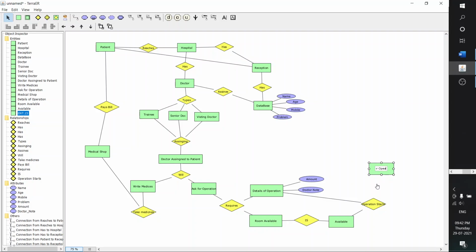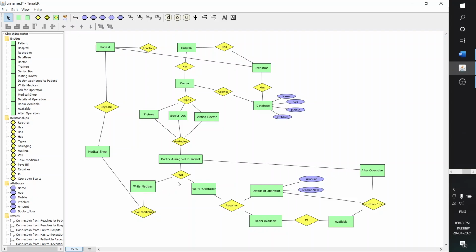After operation, again the patient will be prescribed with some medicines. Doctor will be assigned. After operation we can connect this to this.